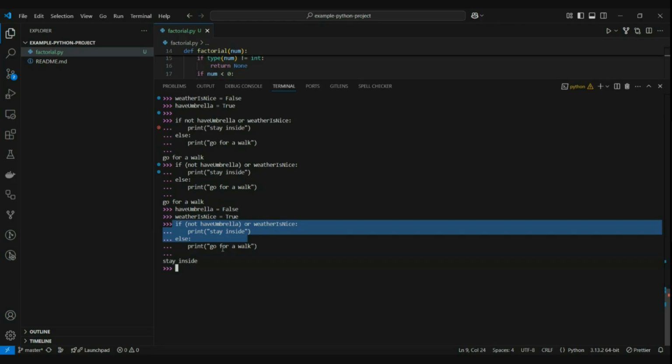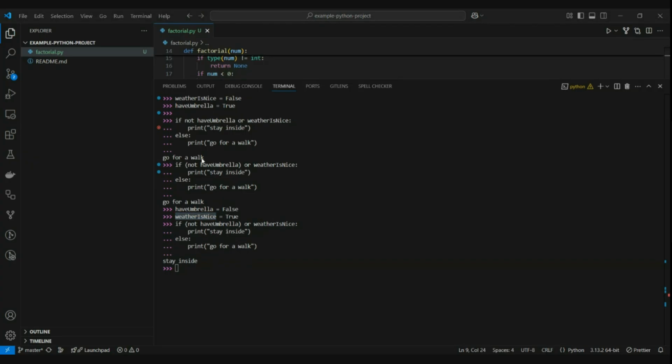What I actually intended to do was if the weather is not nice, then only I would need an umbrella. If the weather is nice, I don't need the umbrella to go outside. So to appropriately represent this in the code, I have to do either this: if not have umbrella, or weather is nice, stay inside. Else,